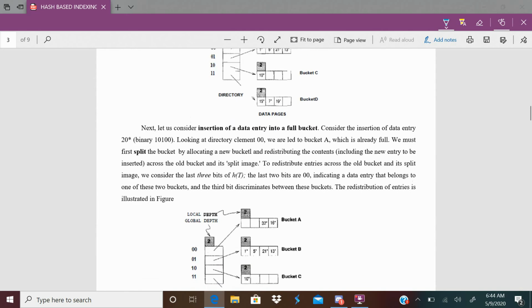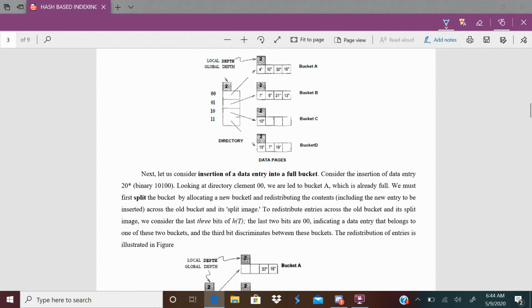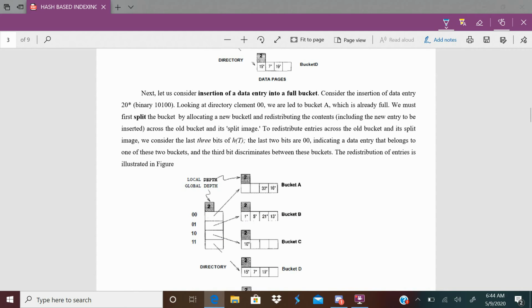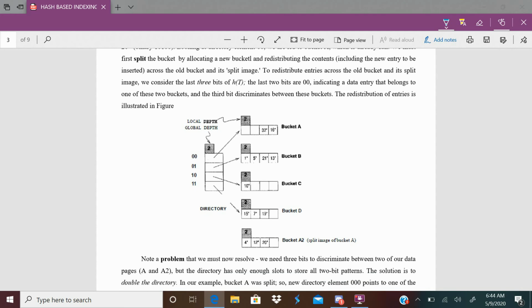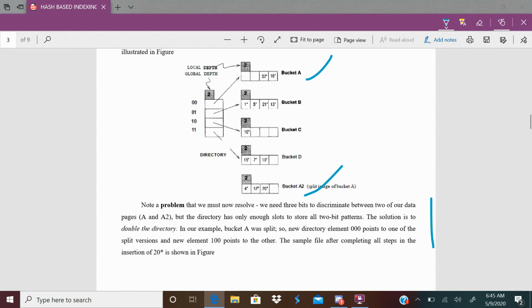We discussed different cases: insertion on an empty bucket, insertion on a bucket that has space, and insertion of a record into a bucket which has no space. If there is no space, it requires splitting the bucket. When a bucket is split, we call them the primary bucket and the split image of the bucket. If buckets are split, it may require directory doubling.